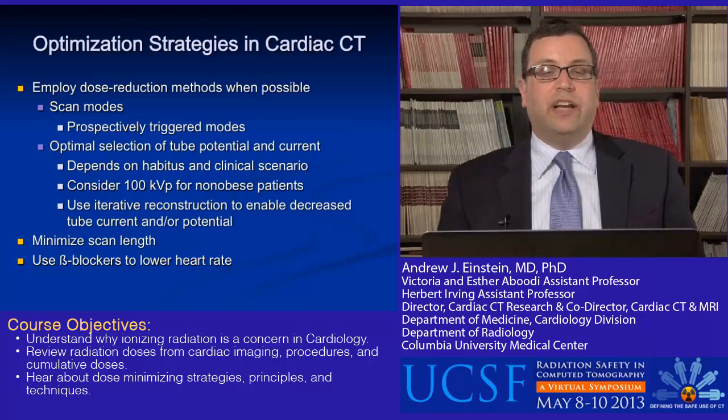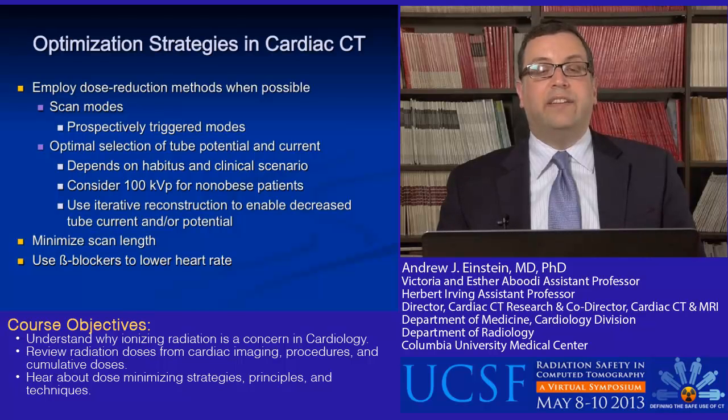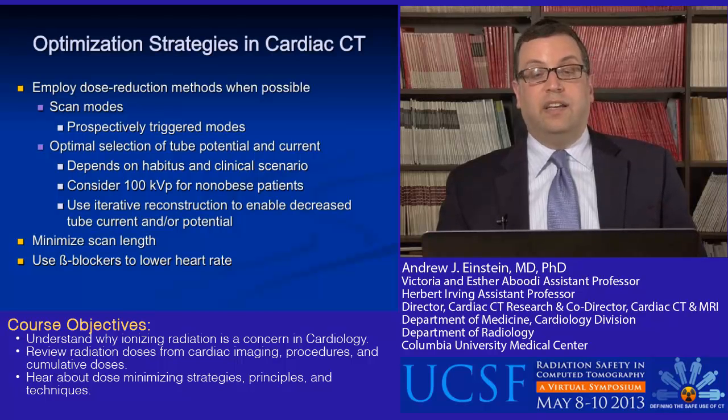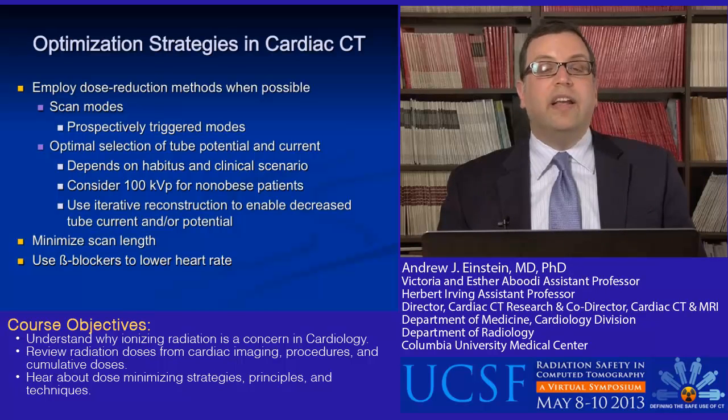Other optimization strategies: we should optimally select tube potential, otherwise known as tube voltage, and the current. Now, this should depend on the habitus of the patient and the clinical scenario. For example, some studies will want the best possible image quality, but for other purposes, we may be able to suffice with not quite as optimal image quality, where good enough is sufficient. In particular, for non-obese patients in cardiac CT, 100 kVp imaging should be more than adequate, and this is reflected